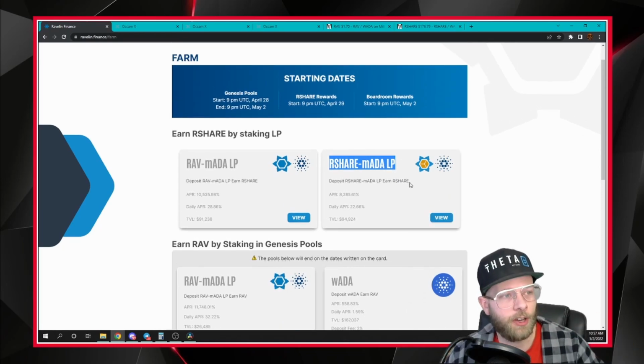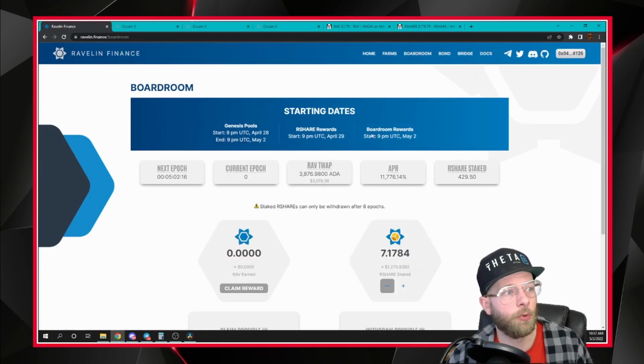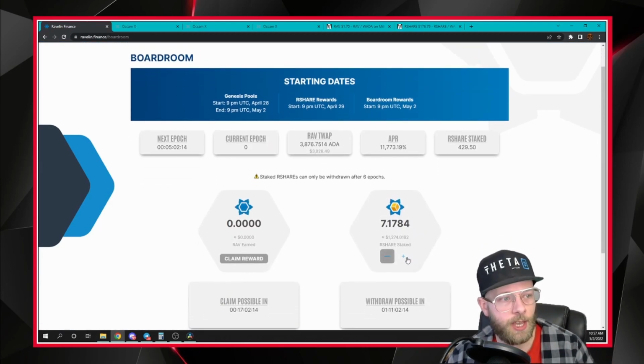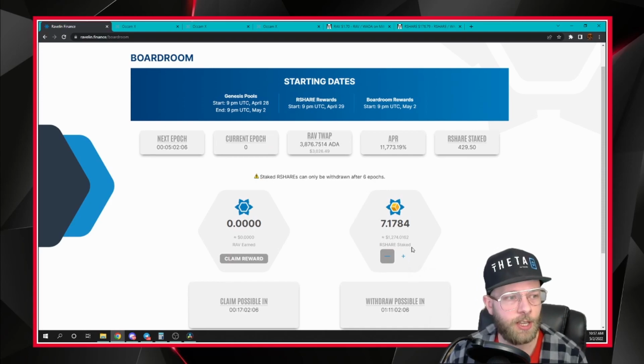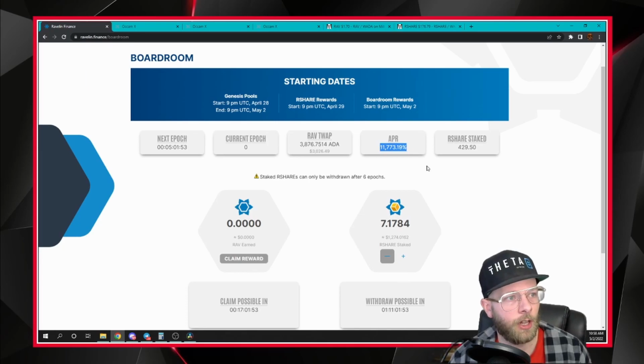Furthermore, another layer to this is once you get your R share, you can take this to the Boardroom and just straight up stake your R share in here. No need to make an LP token. You're just inputting your R share that you've earned or bought, and you're staking it for a reward. So current APR on this is looking like